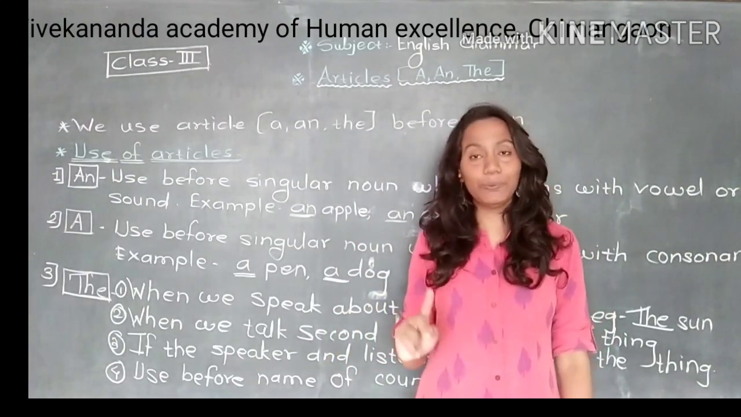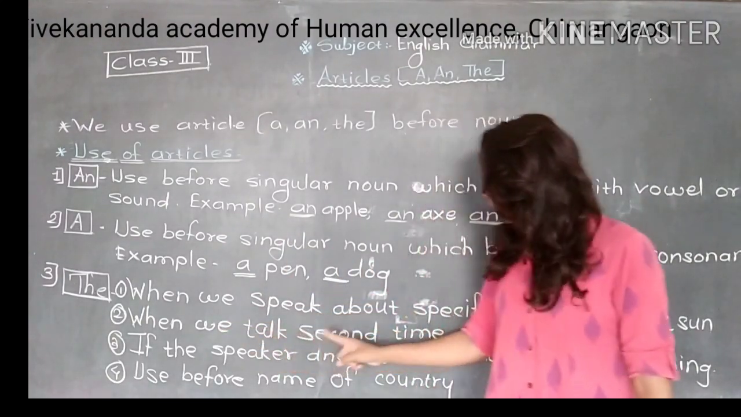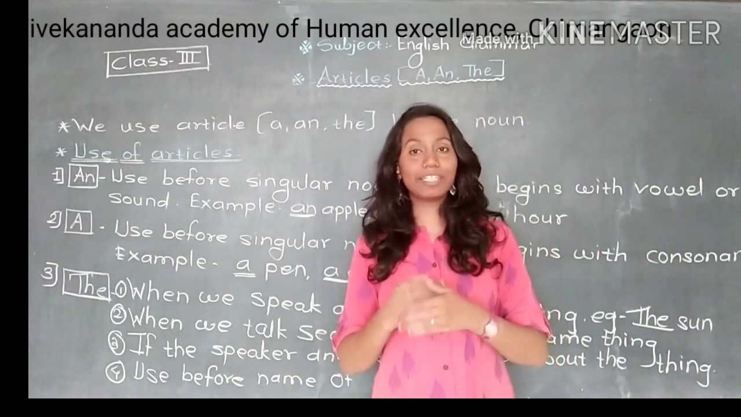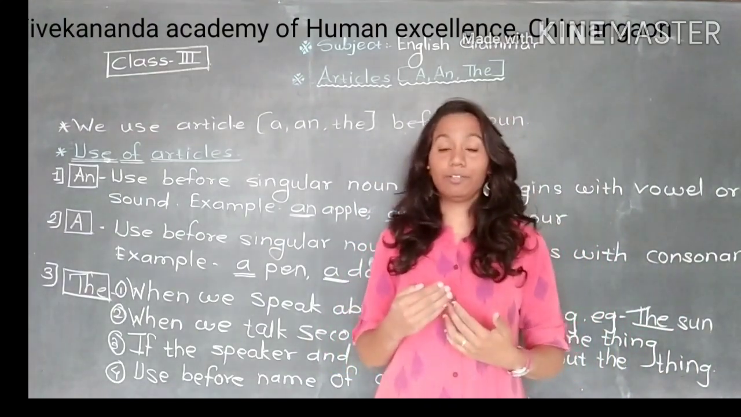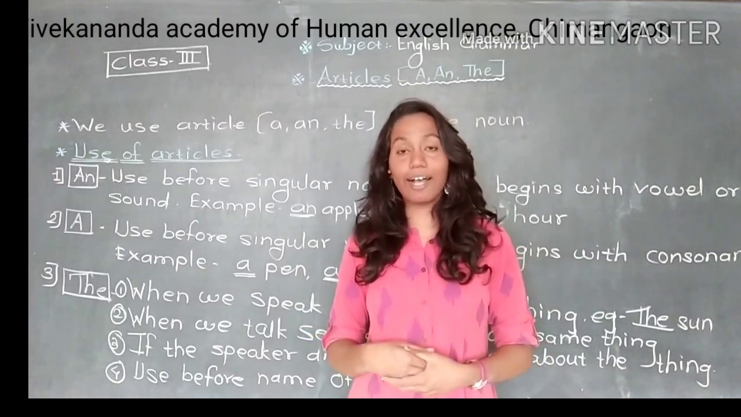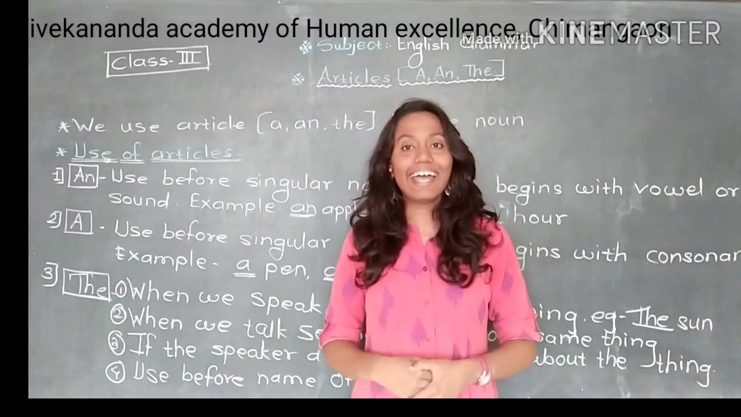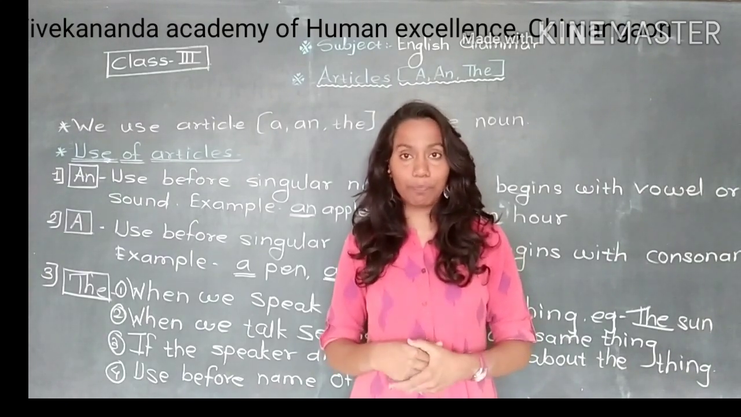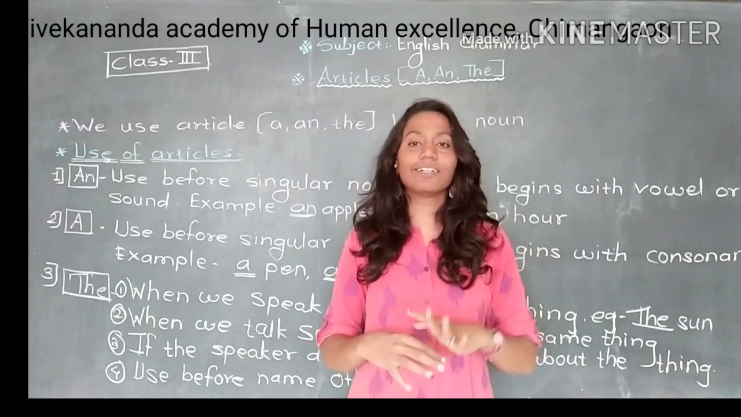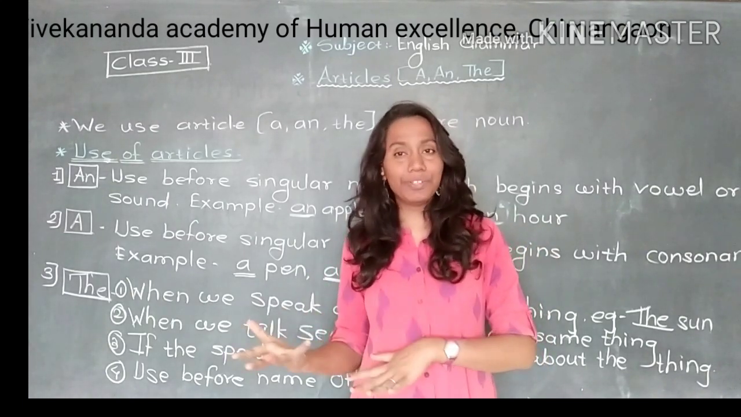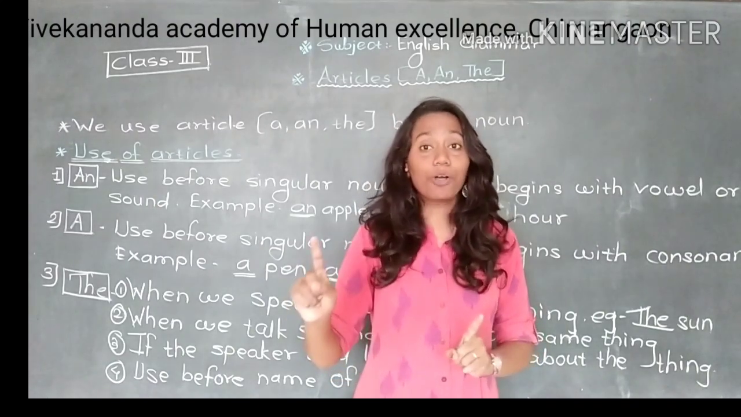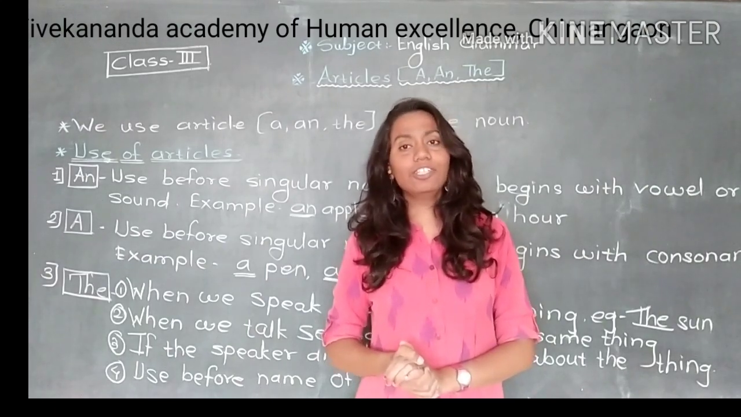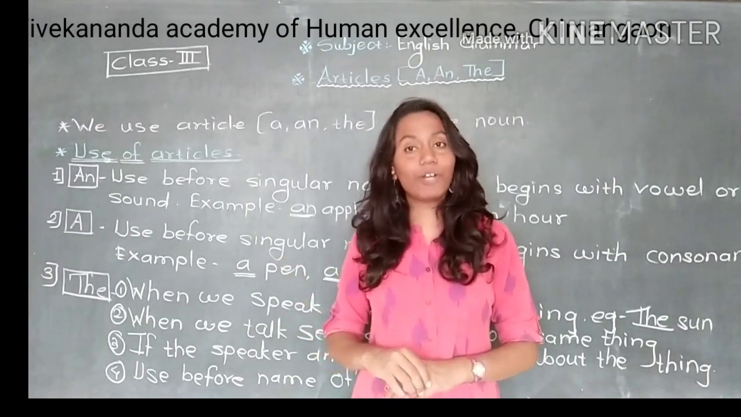Rule number 2 is when we talk a second time about the same thing. What happens most of the time is, if any teacher enters your class and starts to teach you a lesson with a story, she starts the story with "Rahul liked to eat a fruit." But when she again talks about the same fruit in the next sentence, there she will use the. For an example,